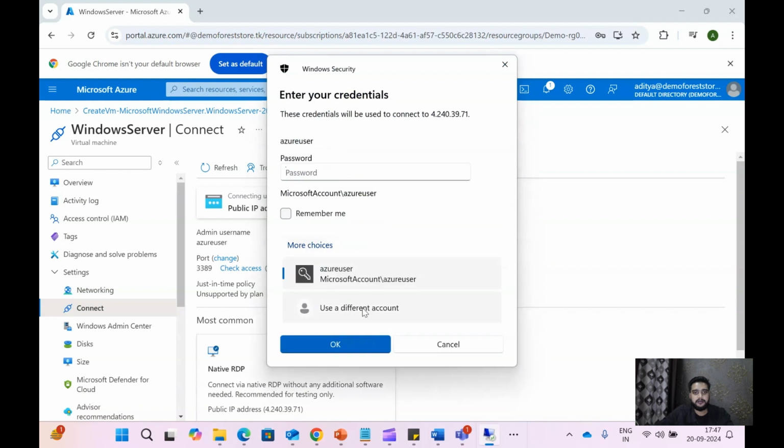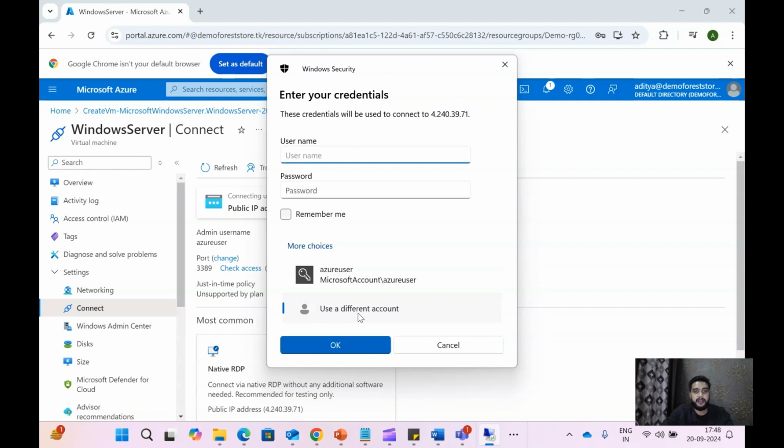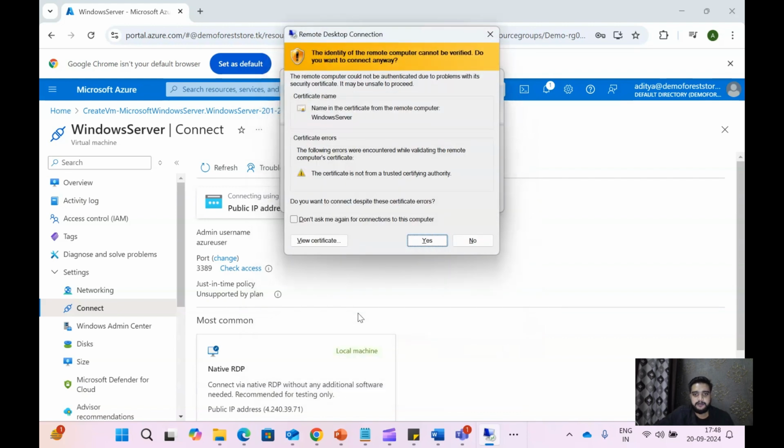Now here we will use a different account and enter the credentials which we gave at the time of creation, which were the local administrator credentials. So I will give the credentials here, Azure user, the password, and click on yes.